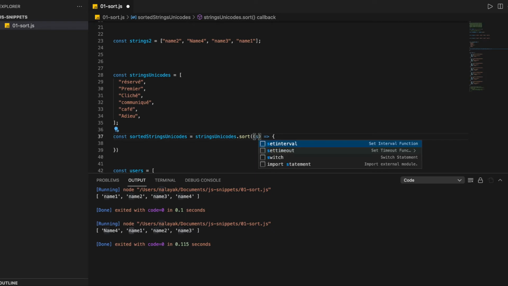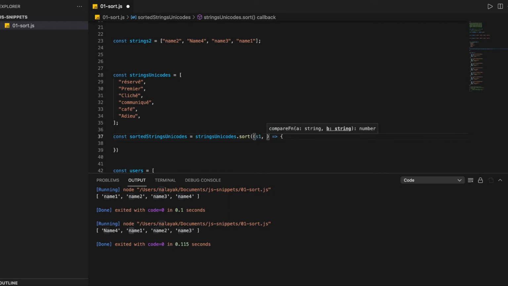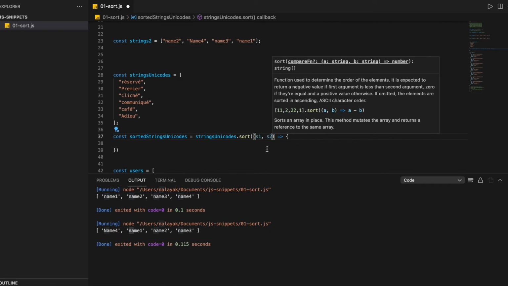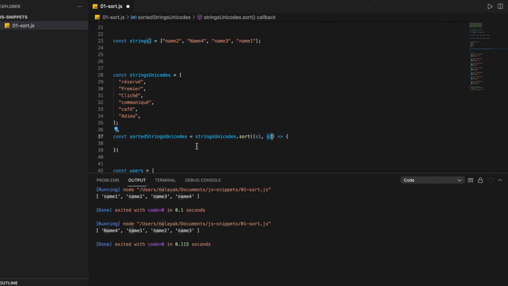So how it works: the comparator has two values to compare, like s1 and s2, string 1 and string 2. Based on your return value it will sort. So basically you have to return the difference of the values. If you return a negative value, it will consider s1 as smaller than s2, and if you return a positive value, then s1 is considered bigger than s2.